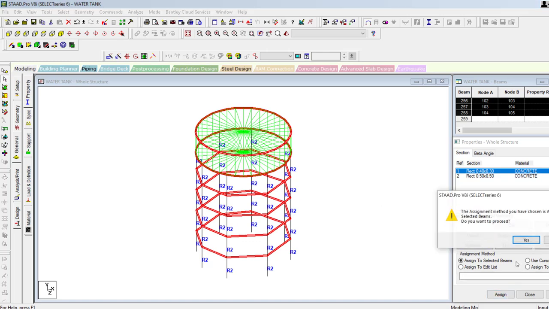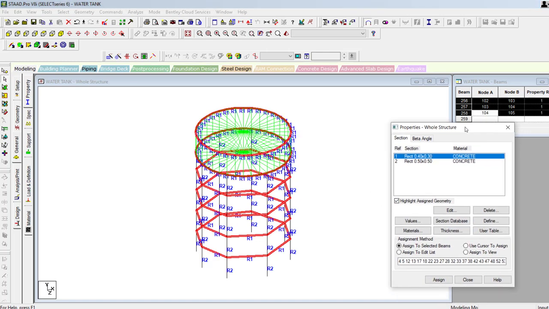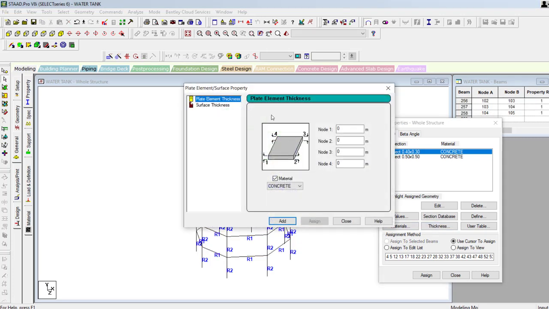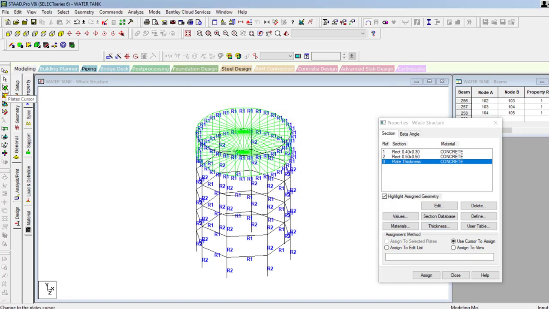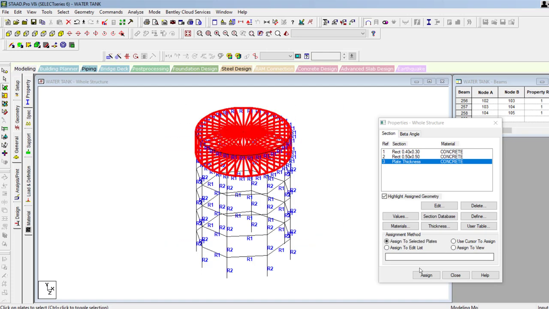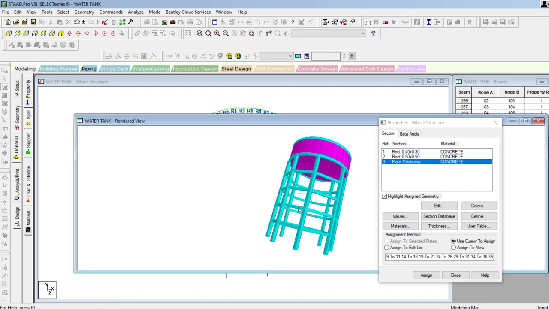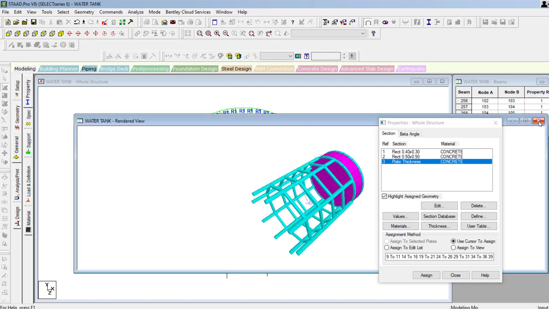Next, assign. Thickness, plate thickness is 0.15 meter. Add it, close it. With the help of plate cursor, select all the plates and then assign it to the plates like this. So once you are done with the property, here you can check in 3D.